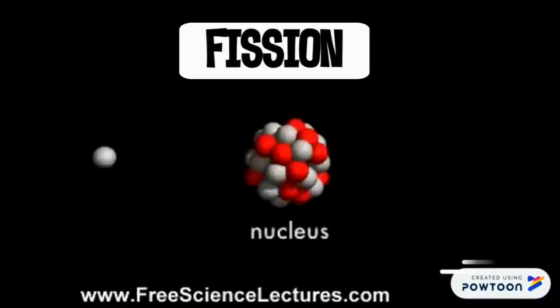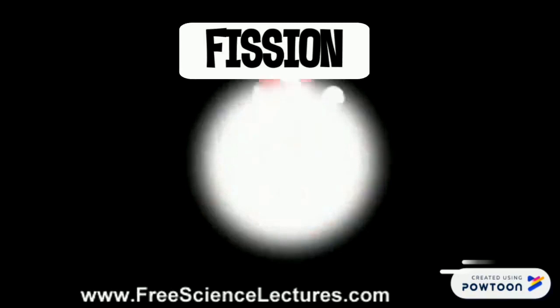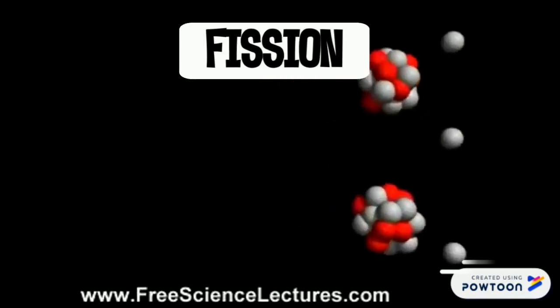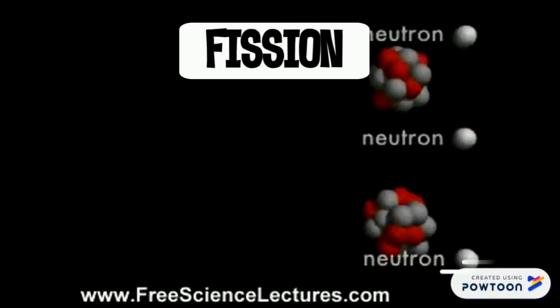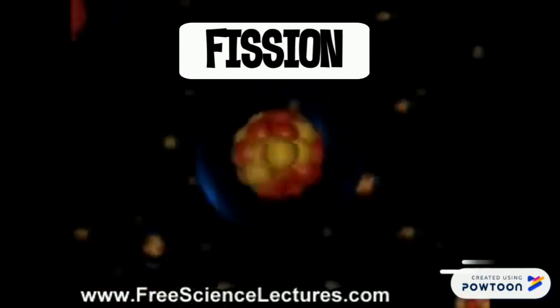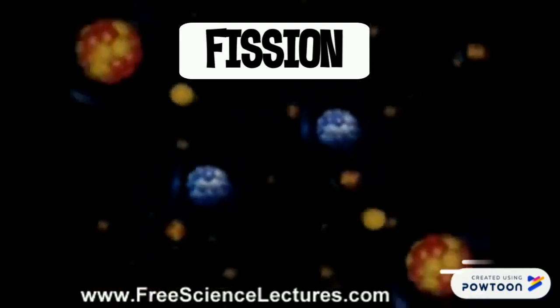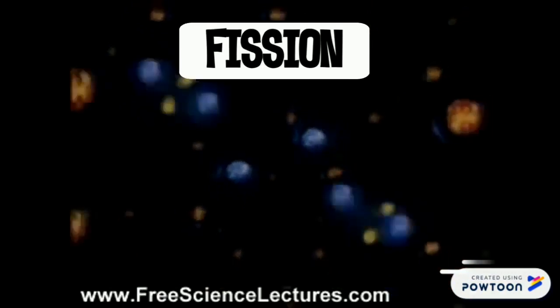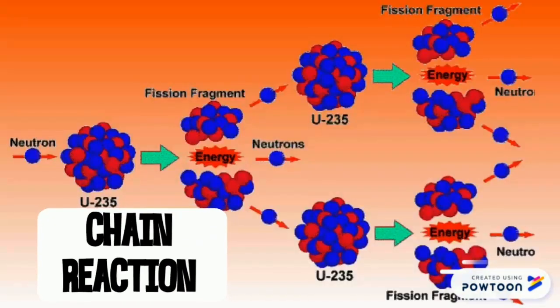Fission occurs when a neutron hits a larger atom, forcing it to split into 2 smaller atoms. This process could also cause additional neutrons to be released that would initiate a chain reaction. When this atom splits, a tremendous amount of energy is released. A chain reaction is when neutrons released from a fission process hit other atoms and cause them to also undergo fission.